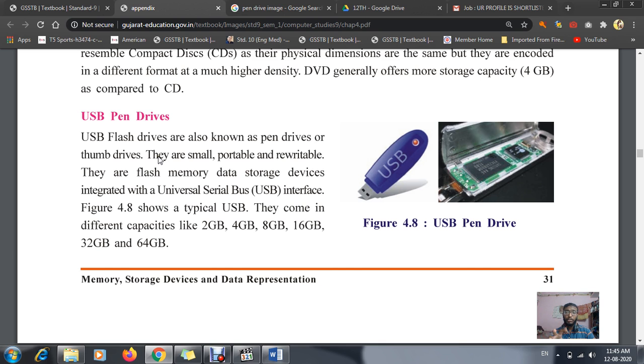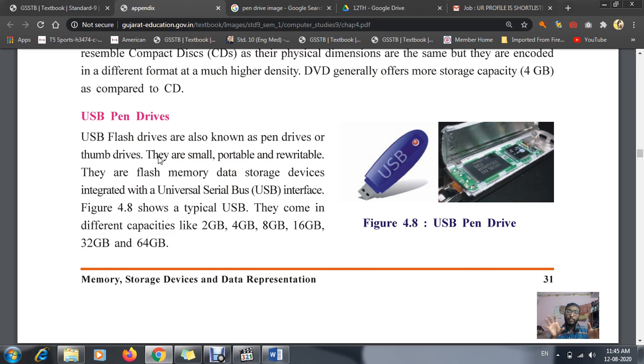As you know, a pen drive is normally a small thing which can be carried everywhere. Compared to CD, DVD, and hard disk, especially CD and DVD, it is very hard to carry. Why? Because there are chances of breaking, because it is very light as well as delicate material. So if any scratches or external pressure occurs, the CD and DVD might break into two pieces. So it is preferred that we carry a hard disk or a pen drive.